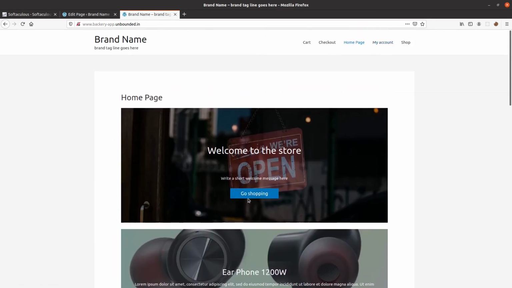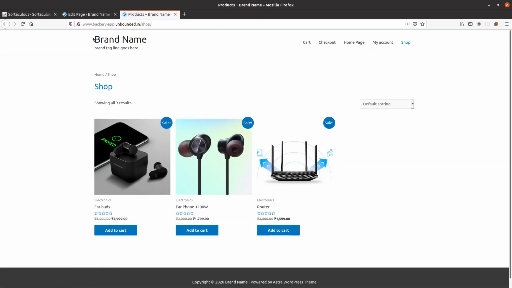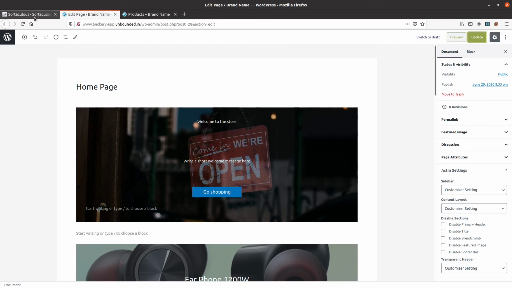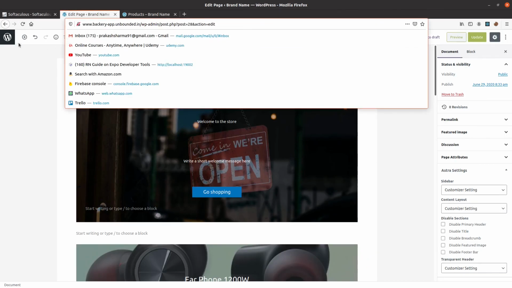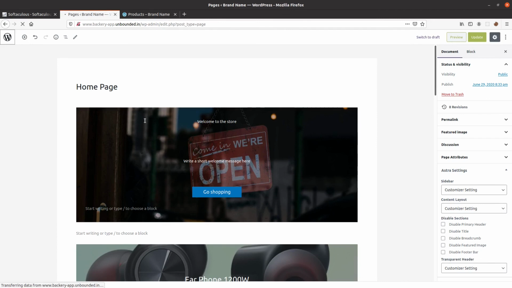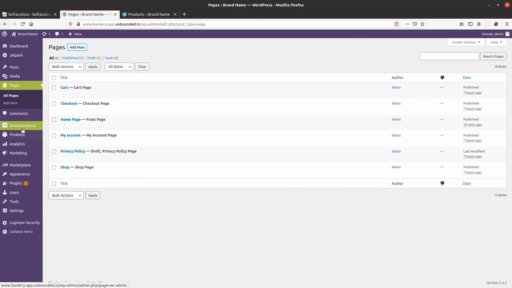We are able to place an order. We are able to go to the shopping page and perform all the items. We are able to perform a purchase, add to cart, like we've seen in the previous video. There is an actual order placed, and that's all about the high level of the features.